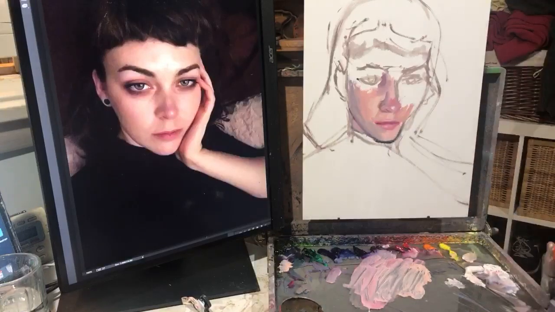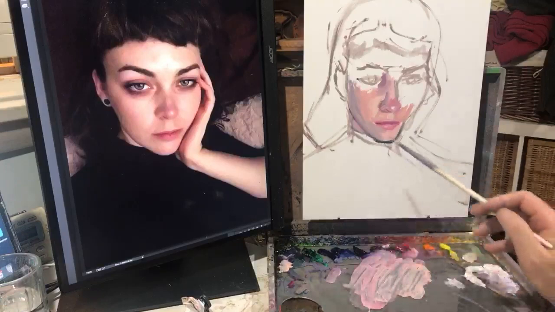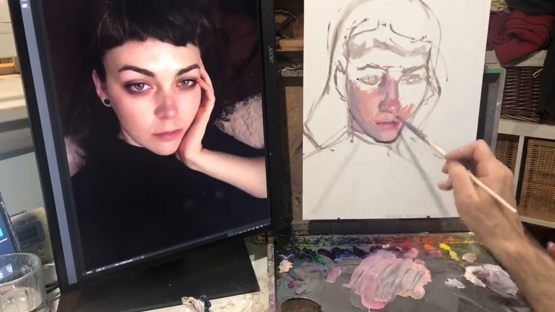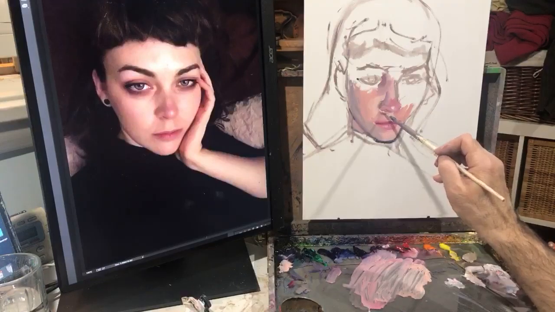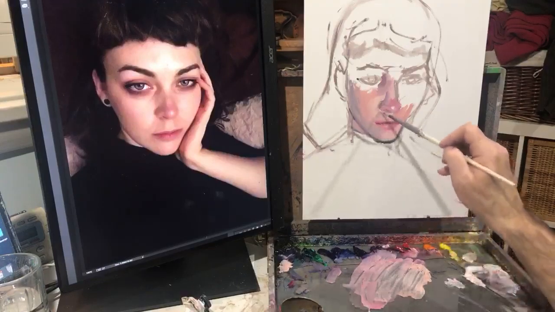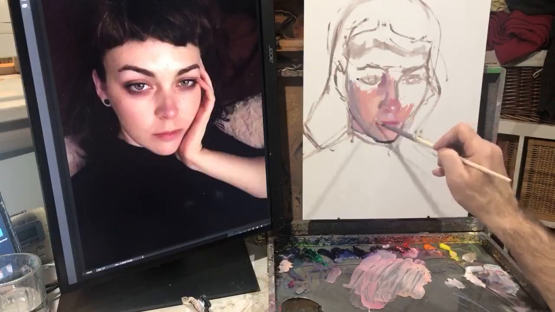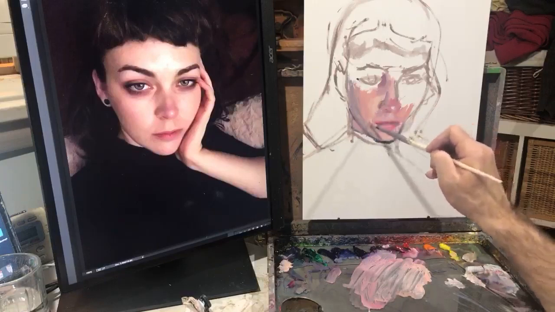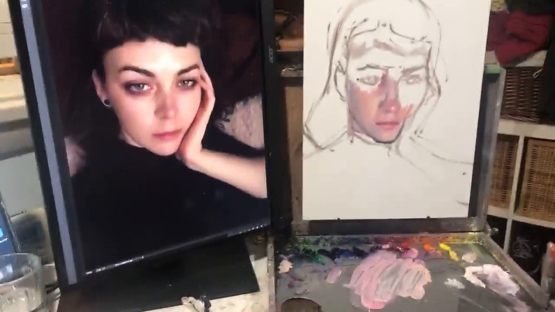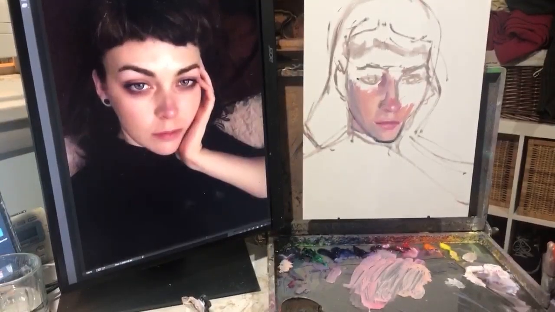And I'm just going to narrow that nostril a little bit. And I'm going to carve into that shadow that's on the underside of her nose. It's very subtle. Okay, so